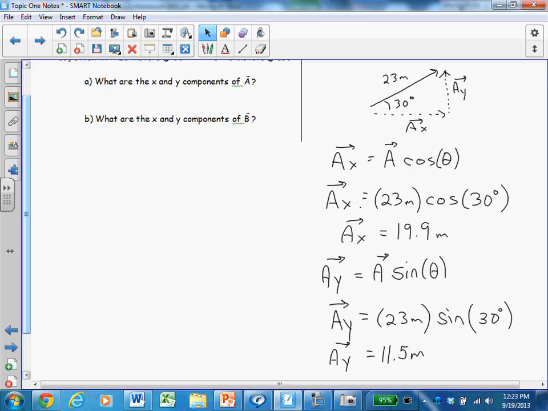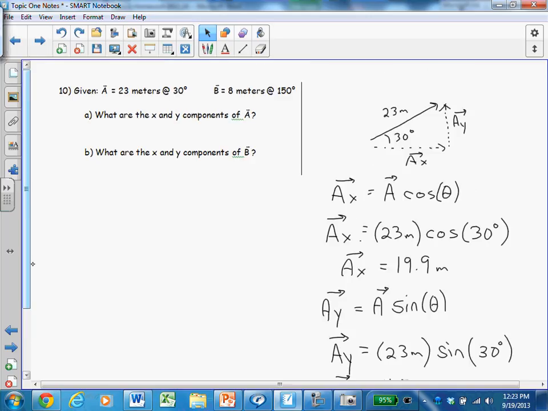Now, find the components yourself of B. Draw it first so you can sort of see where it is. Find that, and when you get the answer, show me. And when you have the correct answer, you could go. I was hoping it was a little bit earlier so you could go a little early, but so much for that. Solve for B. Bx and By. If you're done, if you already did it earlier or something,